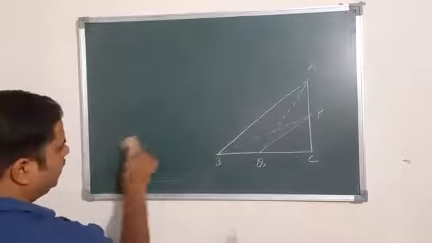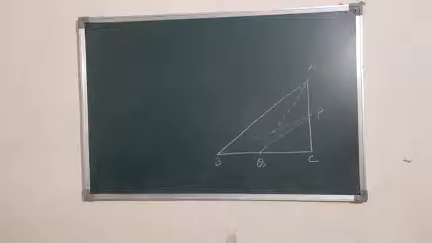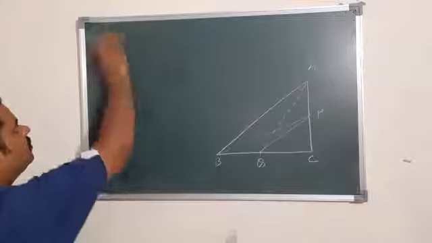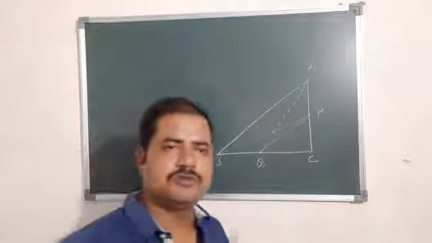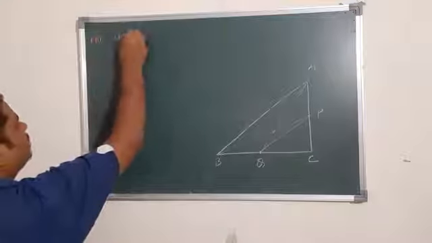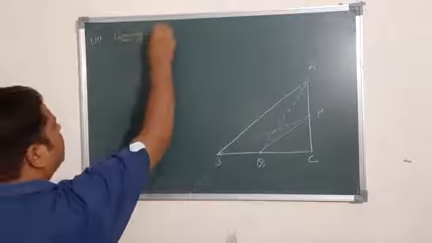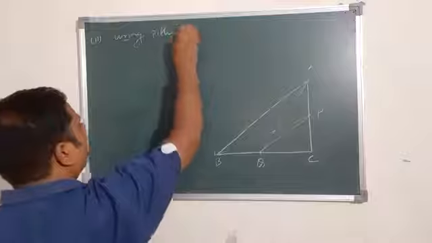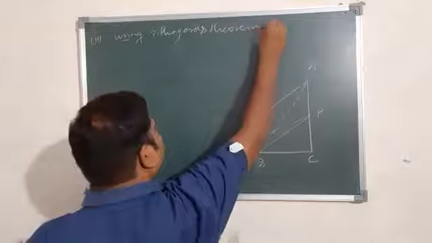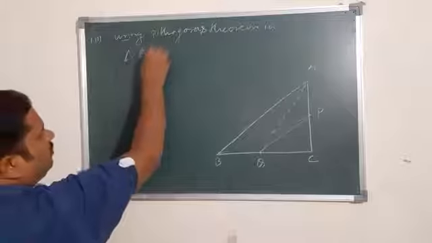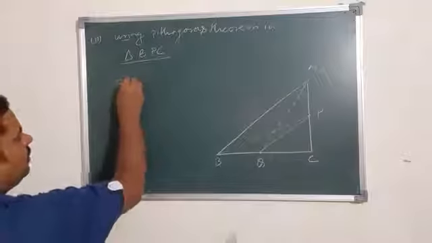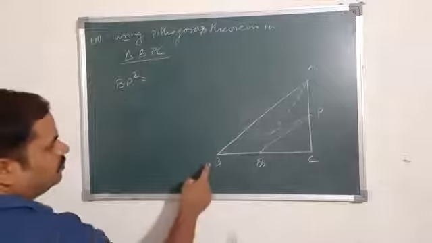This is supposed to be result number 1: AQ square is equal to BC square plus 4AC square. Now, for the second result, using Pythagoras theorem in triangle BPC, we have BP square is equal to BC square